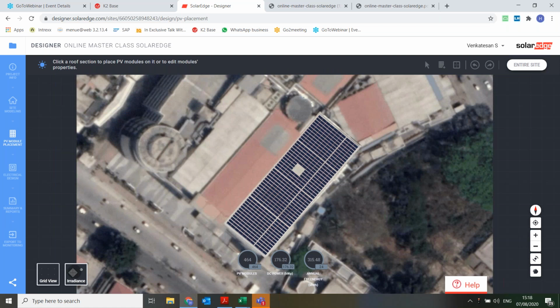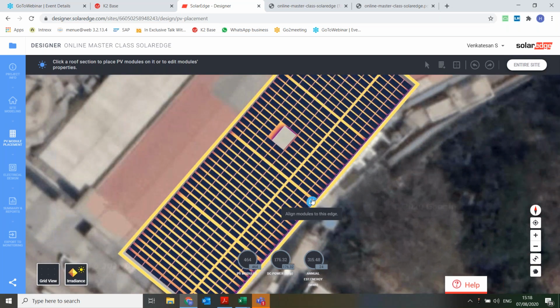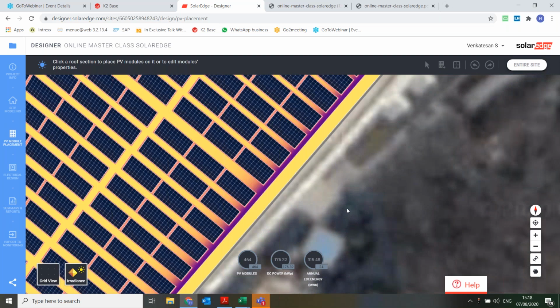When you click on this option, the software generates an irradiance map depending on the weather location or weather conditions. It shows how much of the solar energy or irradiation is falling on that particular roof area. When you zoom in, you can clearly see the light yellow areas are where you get more sunlight.